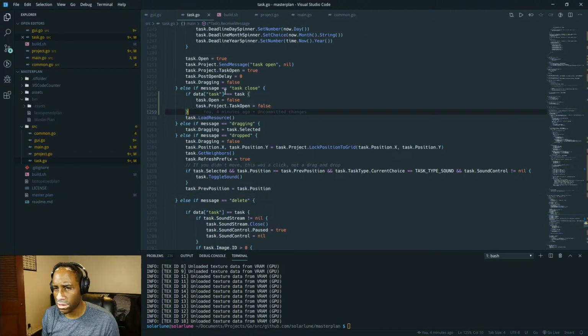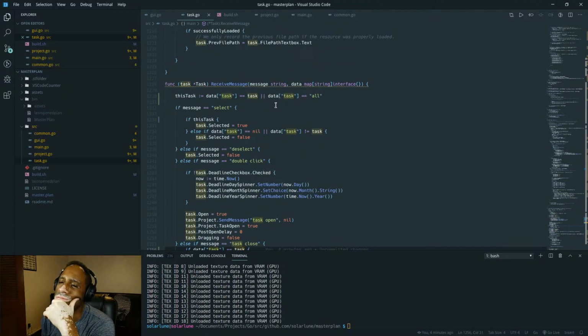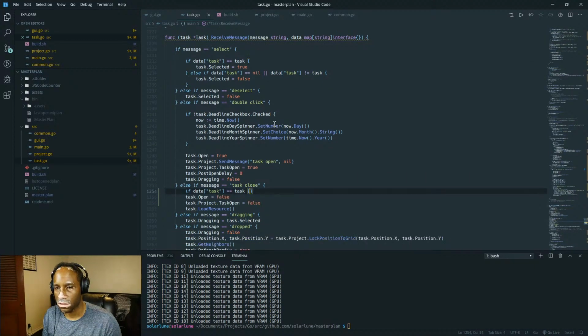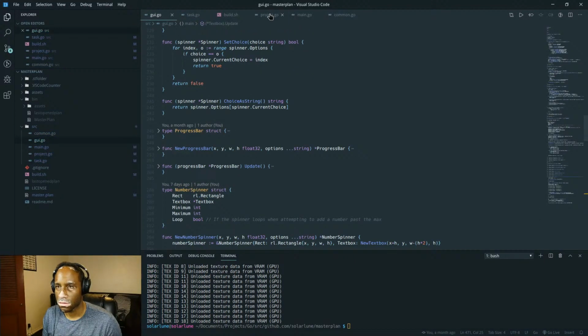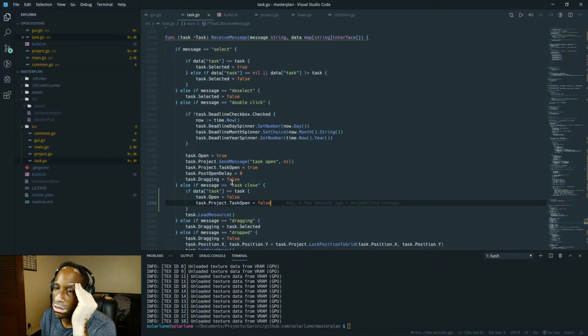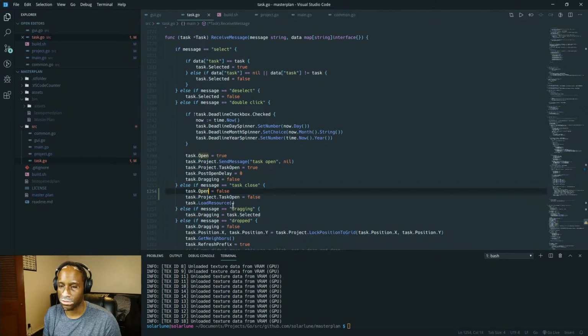Okay, so task close. This task. Now I'm trying to see if I really want to. Okay, I don't really need to do this. I'm overthinking it. I can just do this. This is fine. We don't need to know which task was closed because they all were closed.